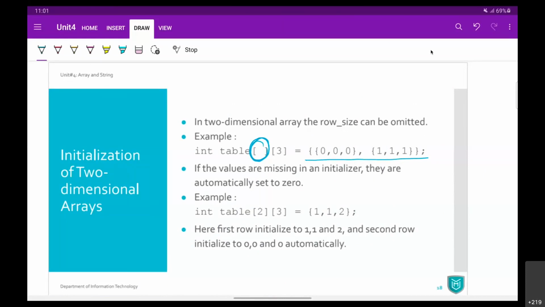So based on this, it is going to define that 3 values will be there in one row. The next 3 values will go for the second row. Even if you are not going for this nesting part, it will understand properly. If you do not do this nesting, still from the column size it will figure out how many rows there will be. So you can omit row size here.